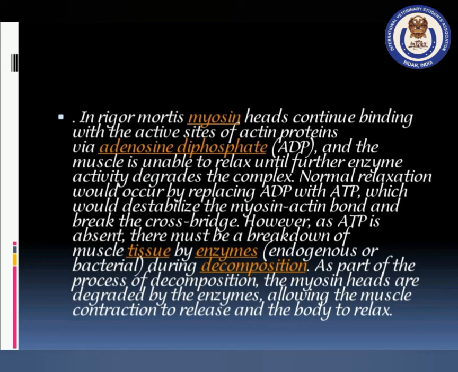Let us summarize rigor mortis. Rigor mortis occurs after the death, from the 2nd hour to the 3rd hour after death, and no ATP is formed. Calcium pumps run out of ATP and calcium cannot be removed, so more calcium will be accumulated and there is no ATP, so the cross bridges will remain as they are. It causes the stiffness of muscle, and this is how rigor mortis occurs.